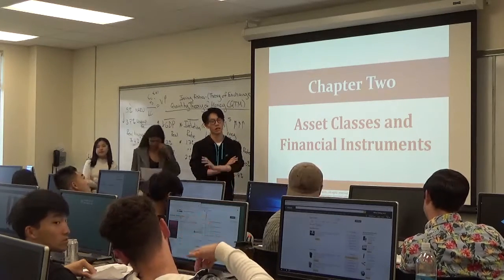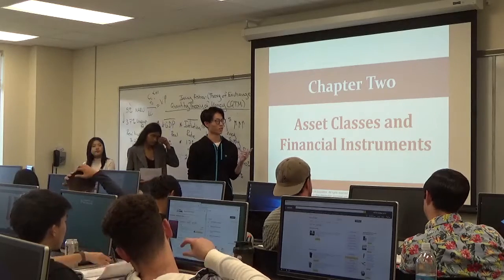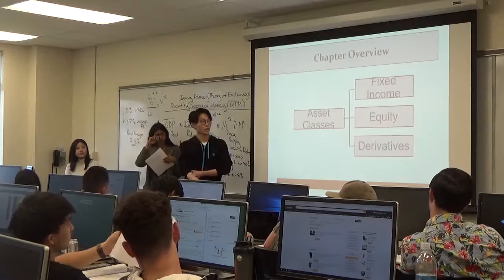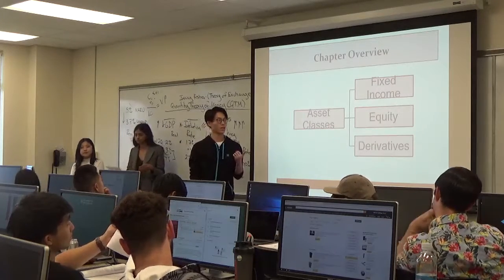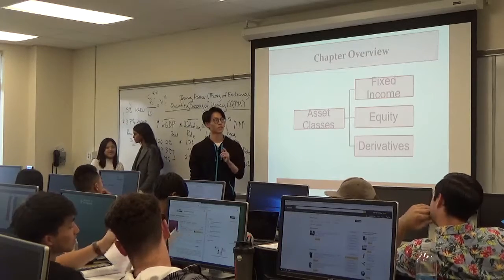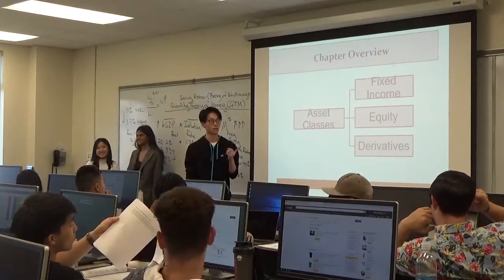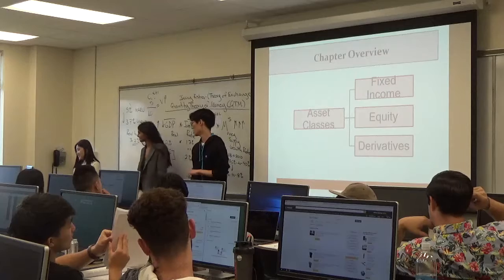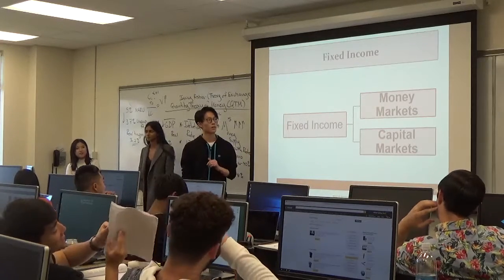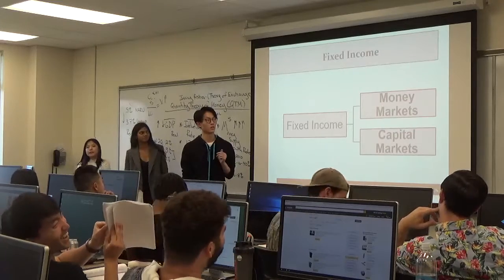This is basically talking about asset classes. So first of all, asset classes, there are three types. One is fixed income, second is equity, and third is derivative. So for the fixed income type, first of all is